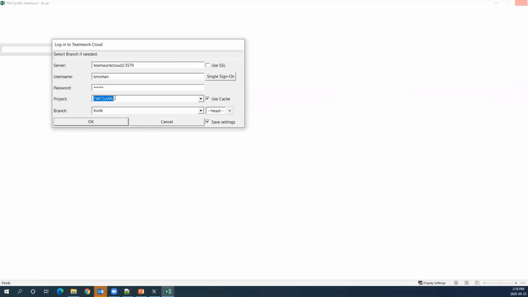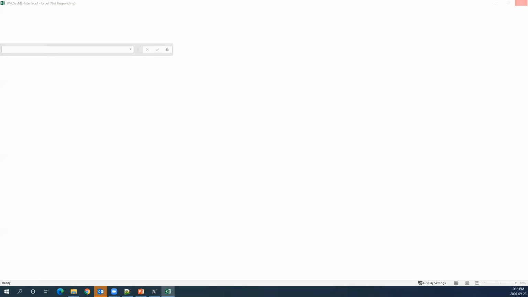So I'm going to work with the Teamwork Cloud SysML model. I have the option to select the different branches. I'm going to select the trunk. Once I click on OK, MapleMBSE is going to connect to the server. Based on the configuration file that I defined, it's going to pick up that information and display it to me in Excel.